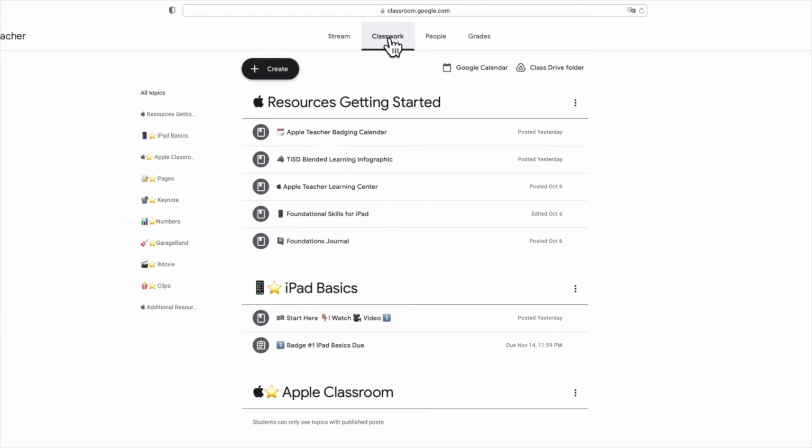So the first thing that's on here is the Getting Started resources. So here is the badging calendar for the district. Our goal is to earn a badge every 2 to 3 weeks, just depending on our holiday schedule and our benchmark schedule. So if we click here,